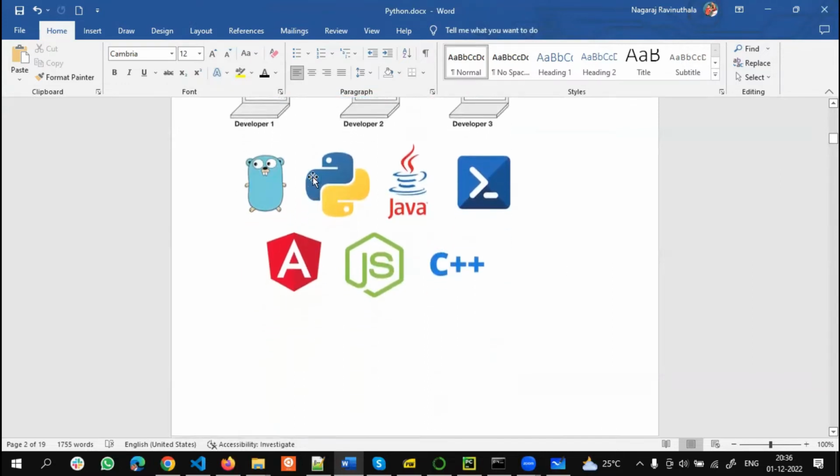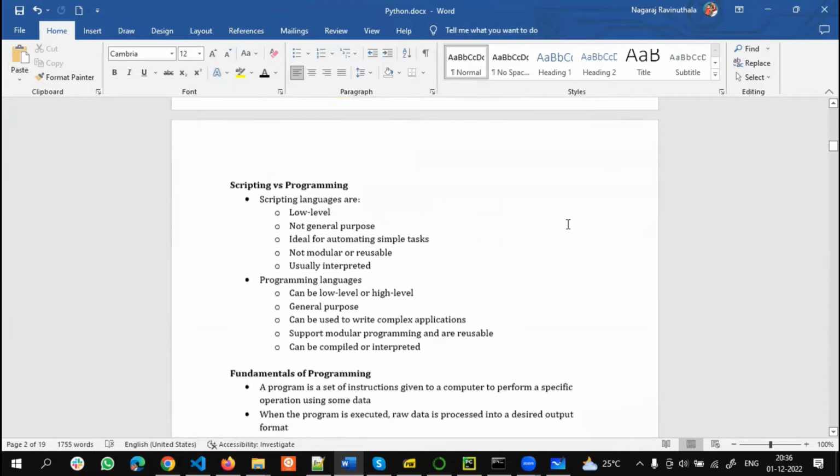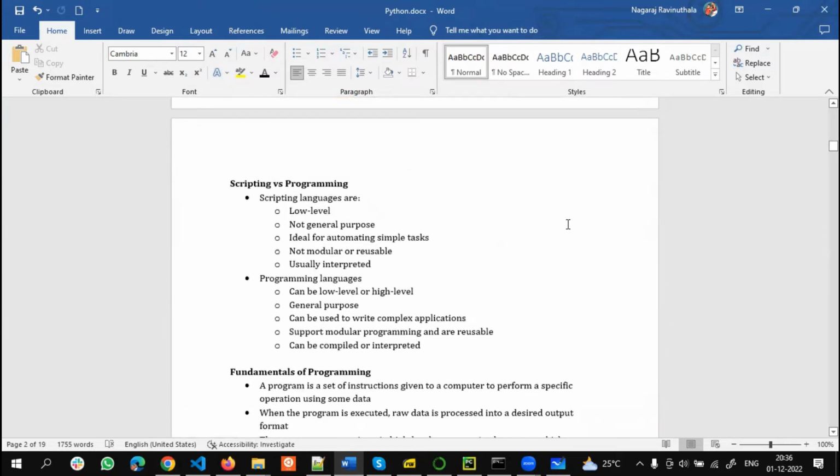Then these are some of the programming languages. Now, we are getting into the basics, the nuts and bolts of programming languages. When we hear about programming, basically two terms come into the picture. There's something called a scripting language, and there's something called a programming language. Right? Typically, you hear